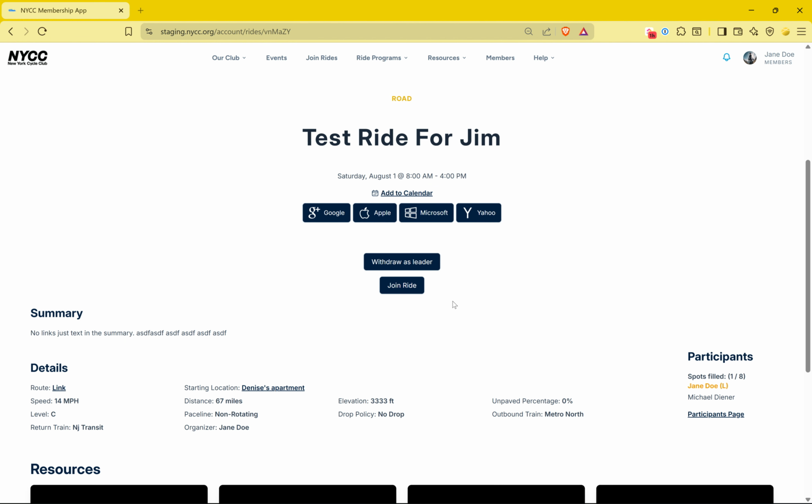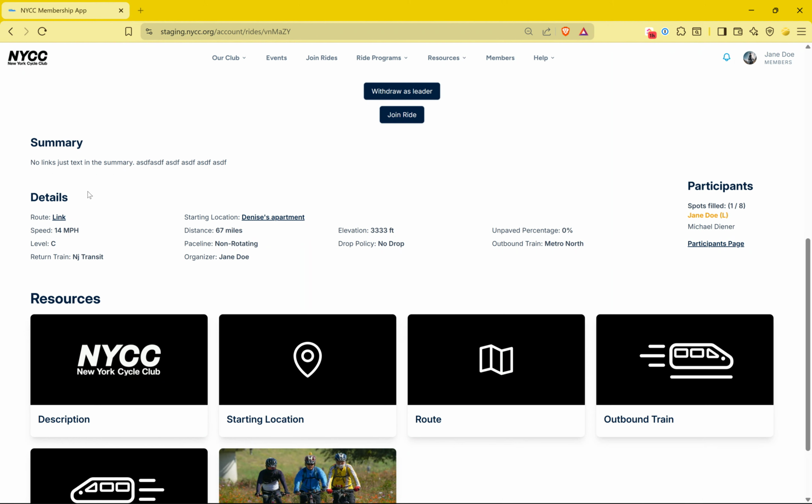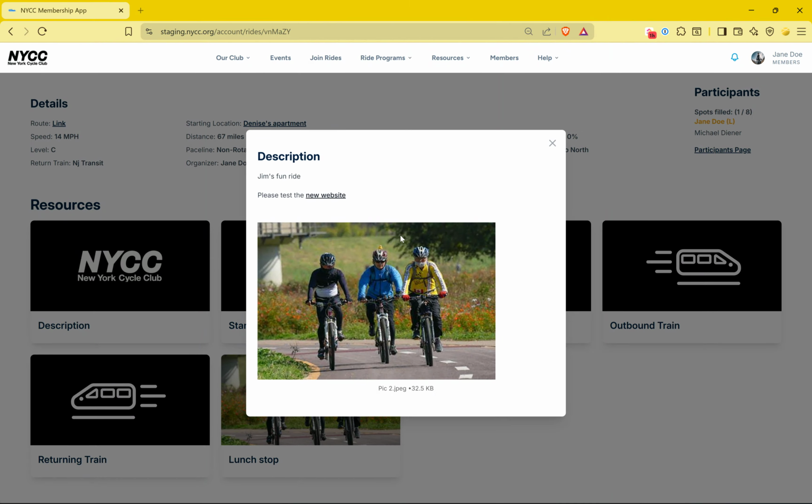Here are your action buttons to join a ride, or you can withdraw. This person's a leader. They can withdraw as a leader before they can join it. And then you get a quick details summary of the ride, and then all the details of the ride. And what we have down below are resource cards. When you click on the resource card, you can see the description, and the organizer can put all sorts